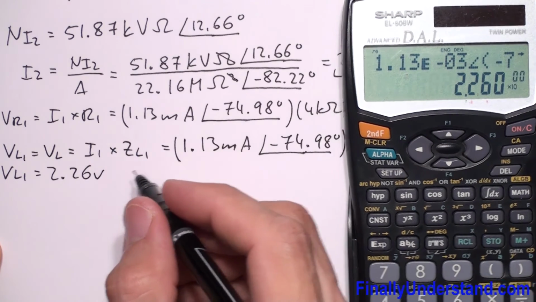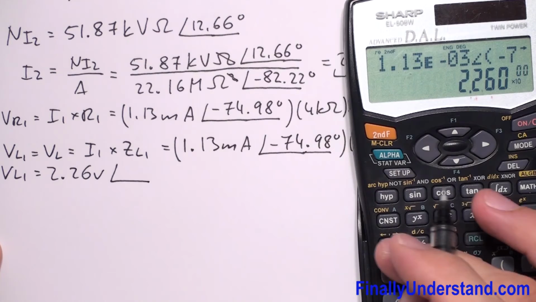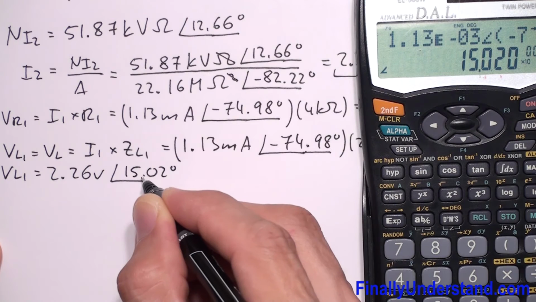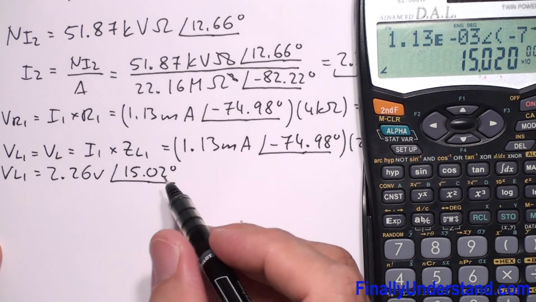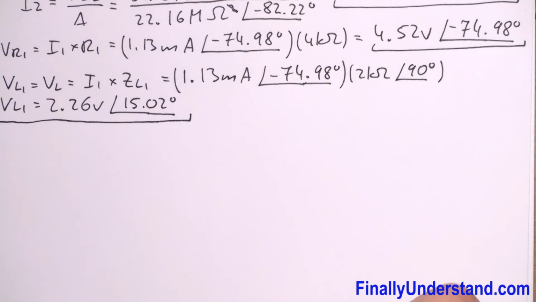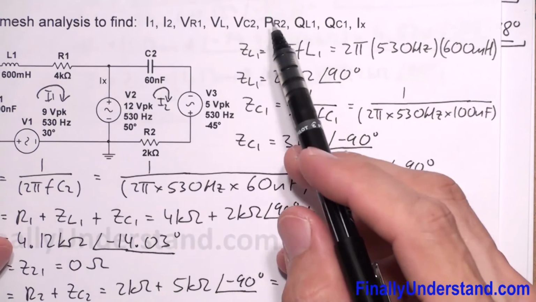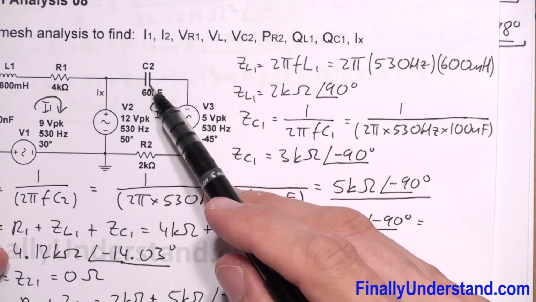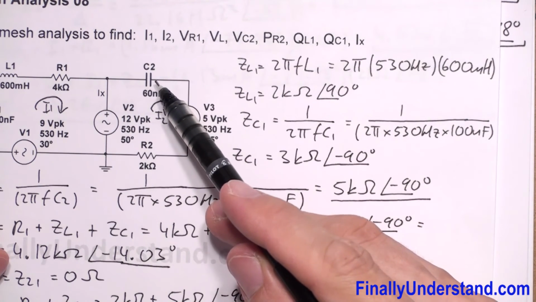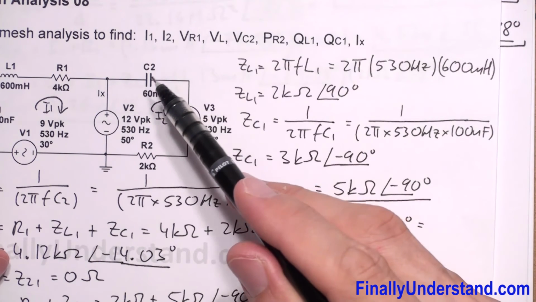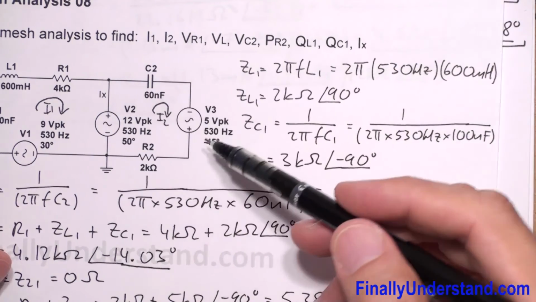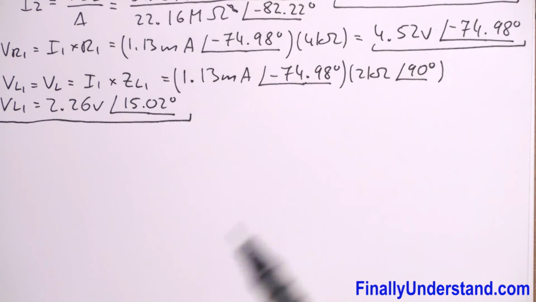2.26 volts and angle of 15.02 degrees. So this is my voltage VL or VL1. Next we're supposed to find VC2. VC2 is the voltage across capacitor C2. Please notice that current I2 goes through the capacitor C2. So in order to find the voltage across this capacitor, we're supposed to multiply I2 by the impedance of the capacitor C2. So I have